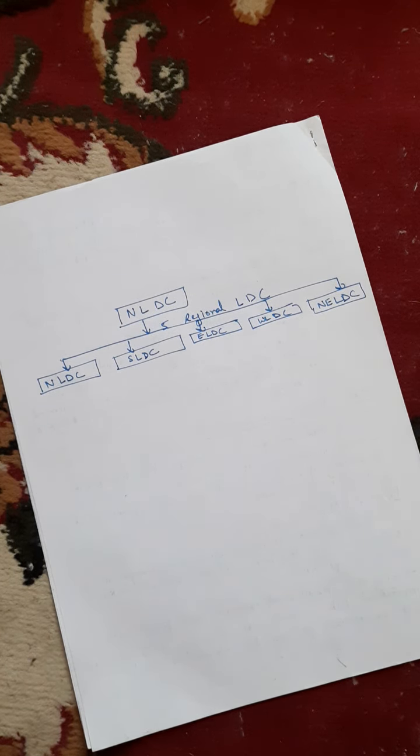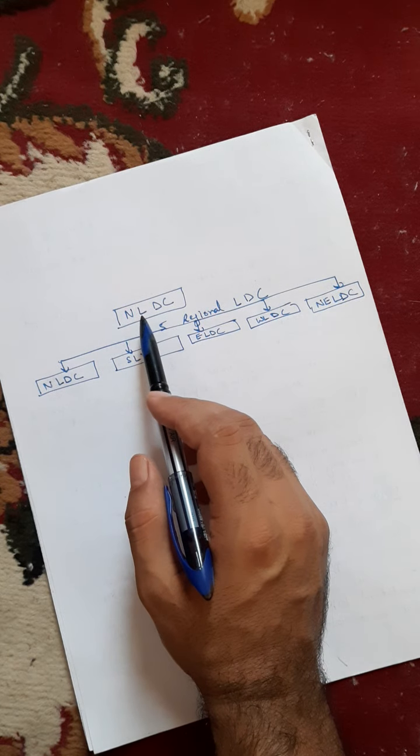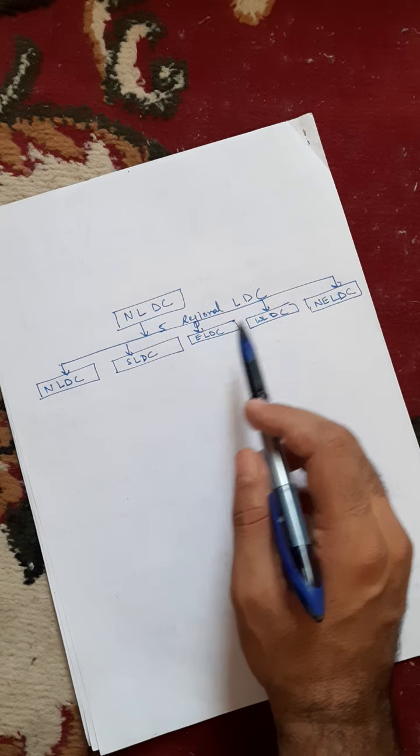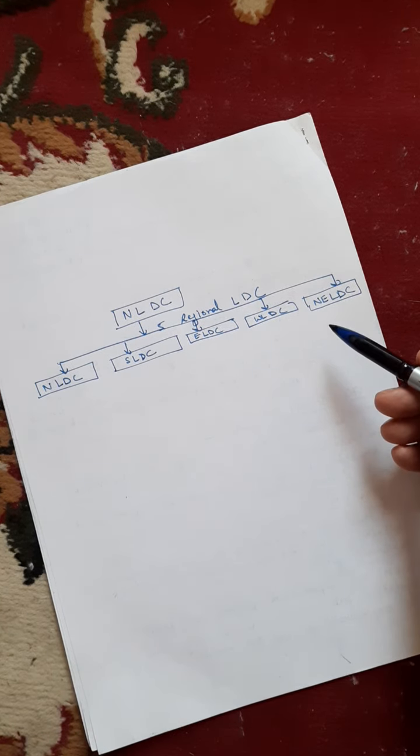Okay. So at national level, we have one load dispatch center which is called National Load Dispatch Center, and then we have 5 regional: Northern, Southern, Eastern, Western, and Northeastern load dispatch centers. Okay. So out of these 5, this